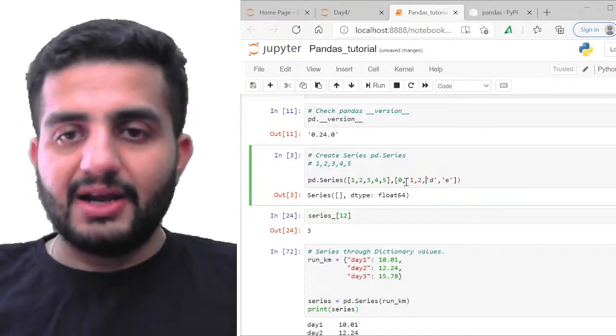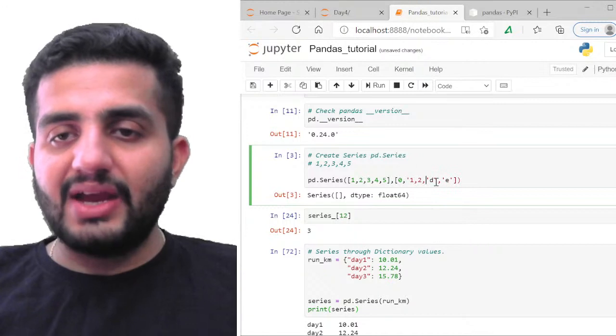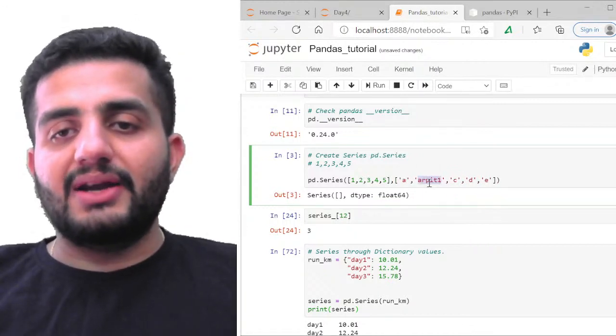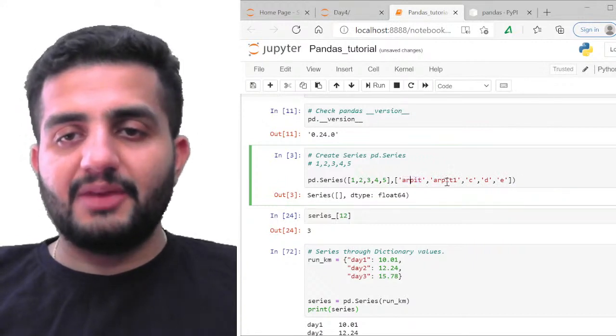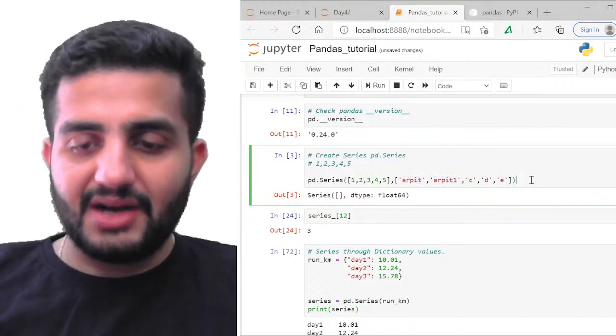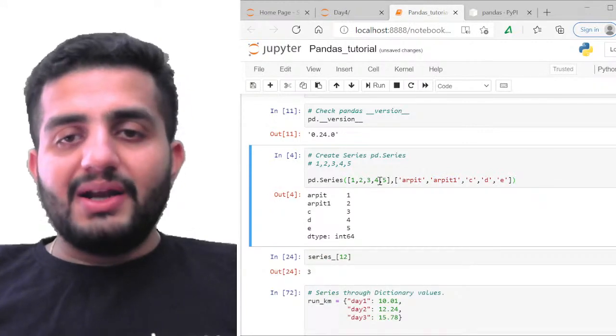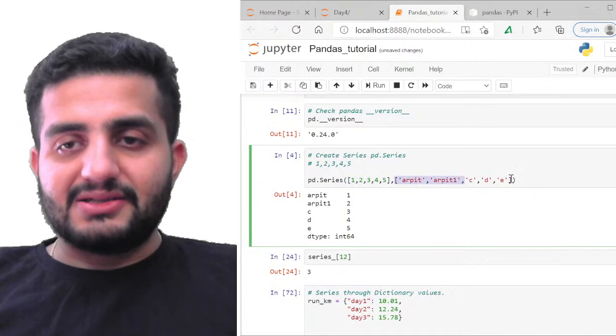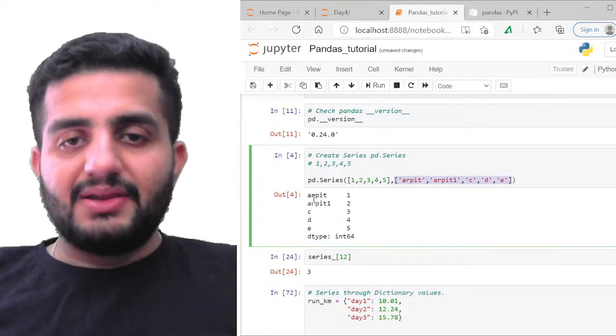Anything is fine. I can give any index of my choice. In fact, I can give my own name. You saw that, right? My name was written here, so you can see Arpit, Arpit1. Even this is fine. If I just run it like this, by default it has taken this as my data points and this as my indexes. You can see Arpit, Arpit1, C, D, and E are my indexes.